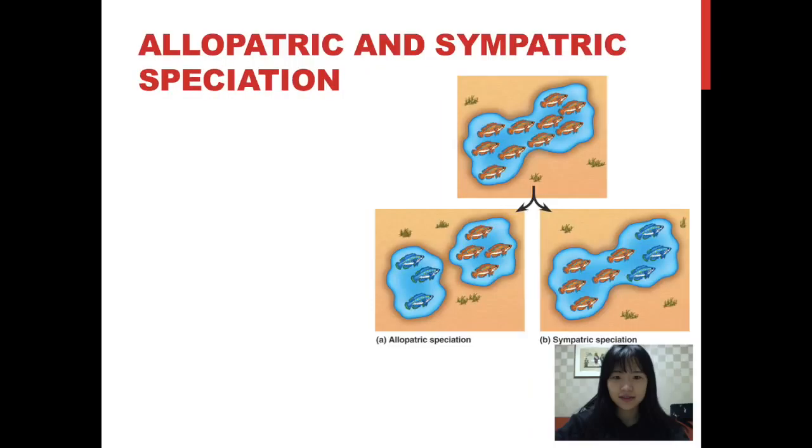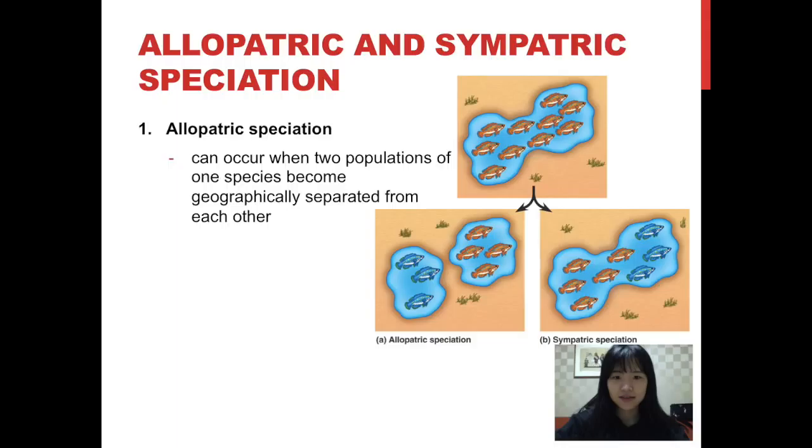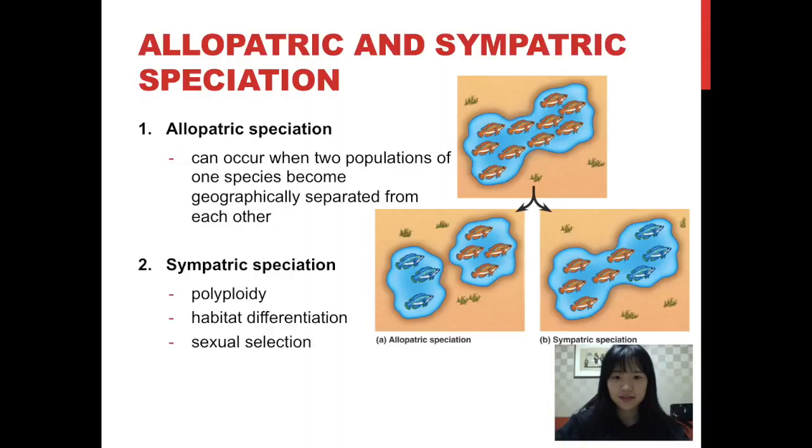Speciation can take place with or without geographic separation. Allopatric speciation can occur when two populations of one species undergo evolutionary change during the period of separation, and it results in the establishment of prezygotic or postzygotic barriers to reproduction. However, a new species can originate while remaining in a geographically overlapping area with the parent species. This is called sympatric speciation. It also can result from habitat shifts and sexual selection.